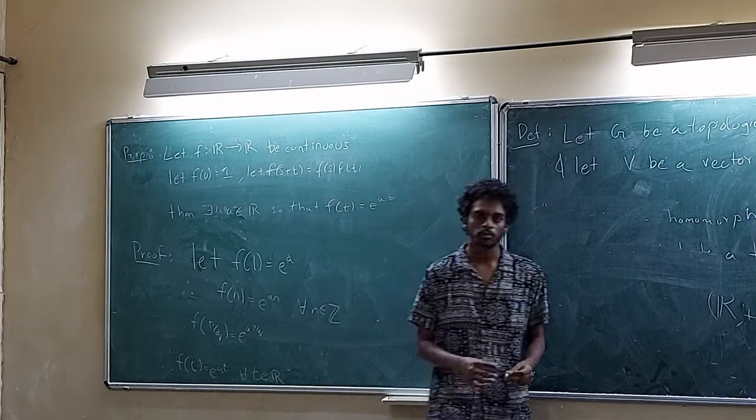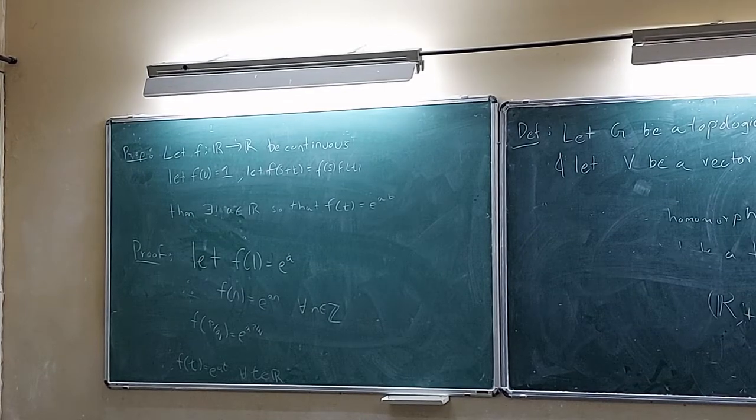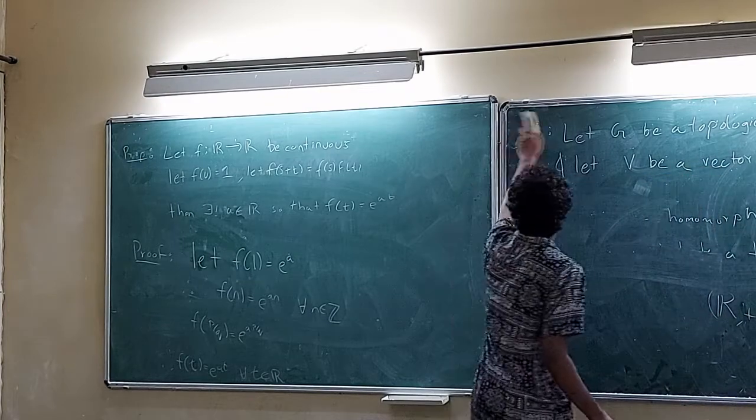Yes, that is in fact what happens, because by continuity it necessitates that the map must be exponential, and the exponentiation is only closed for the positives. Essentially, take half of x, x by 2 and x by 2. Then for any x, it will be f of x by 2 squared. Yeah, so then we can